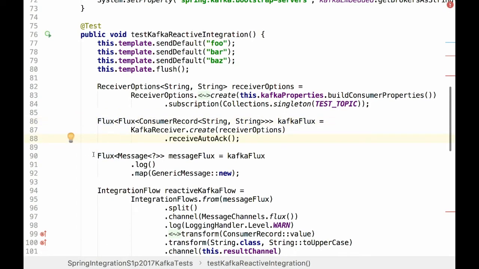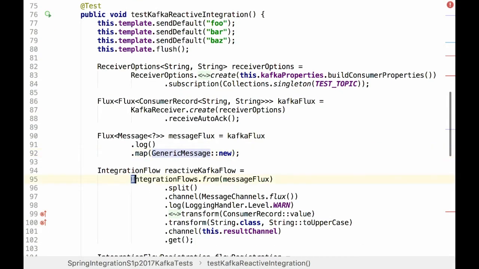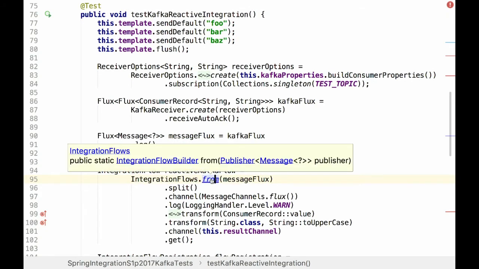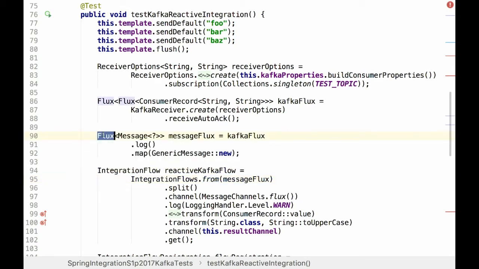But since we talk about integration, of course, everything should be messaged. So I do a simple wrapping: each event of the root Flux, a Flux of consumer records, is wrapped into a message, and then comes new stuff from the Java DSL, fromPublisher. This publisher is a Reactive Streams publisher. Since Flux implements it, we can use it.